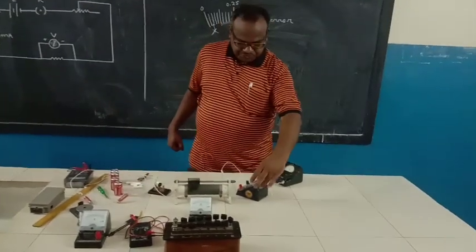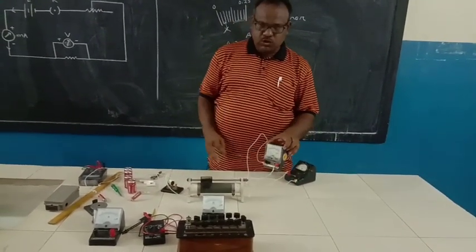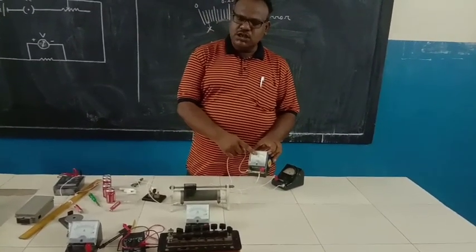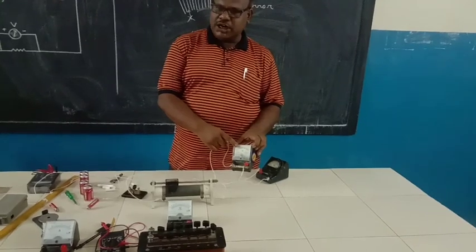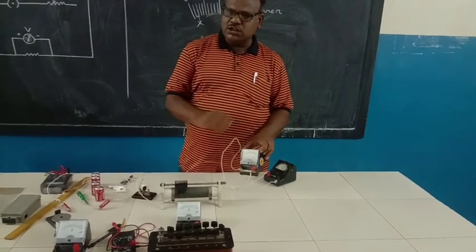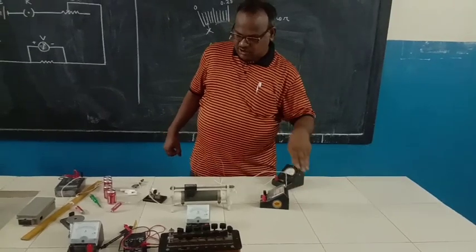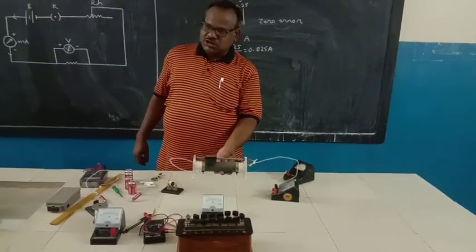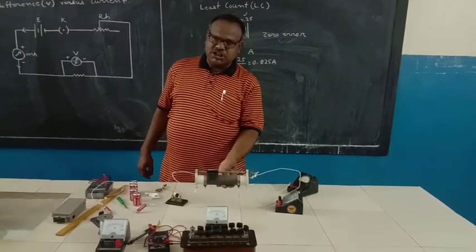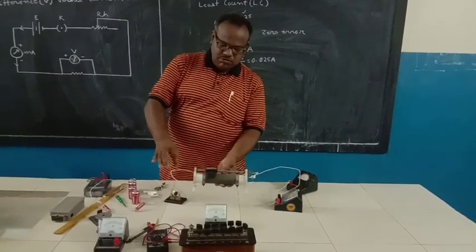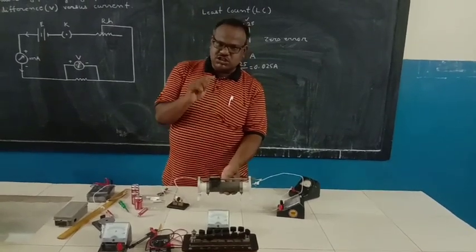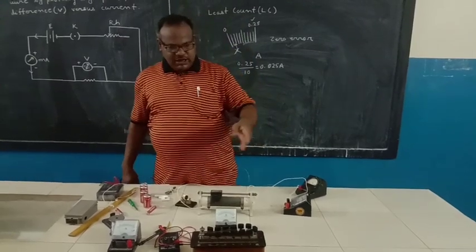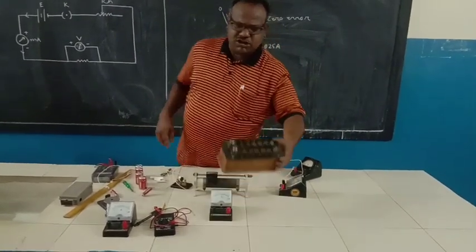Now this is the voltmeter. The voltmeter is the instrument that measures the potential difference. So similarly here also you find the least count. Okay, now you see this is another instrument. This is a rheostat. Rheostat means it is a variable resistor. When this knob is moved across this, then the resistance in the circuit will change. This is a variable resistor. And here you can see this is a resistance box.